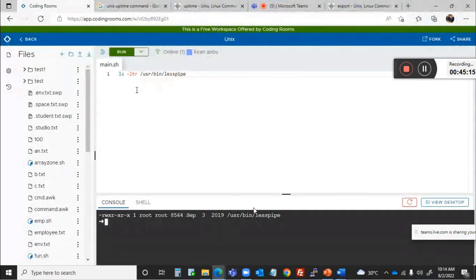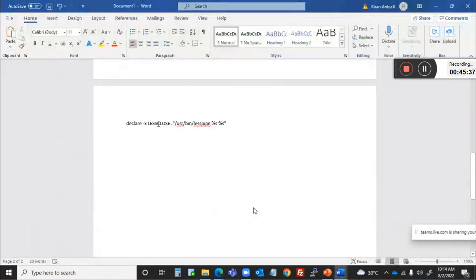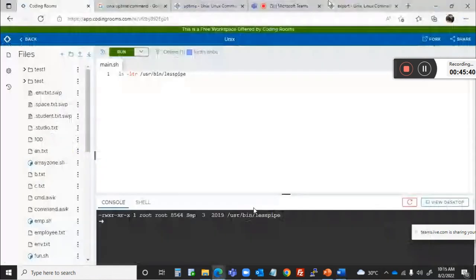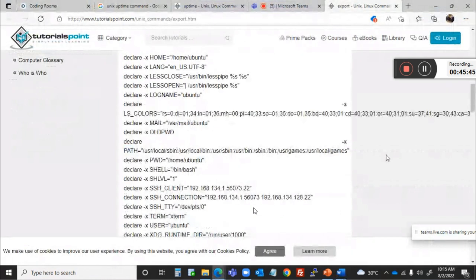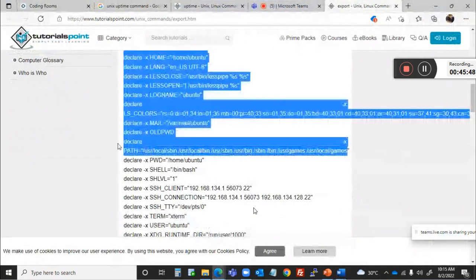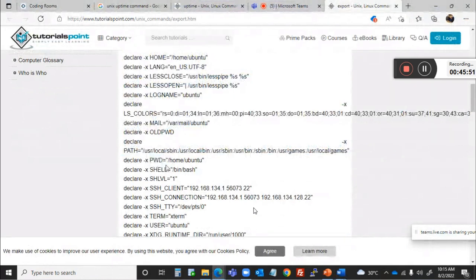You have this path existing, /usr/bin/ls pipe. It is there. They have given it 755 access, and they created this particular file path on September 3rd, 2019. They are assigning this one to the variable ls. That's what it means. So like that you can assign, and this path is actually very important. Mostly in real time you deal with pwd. It will print the current directory, and shell is, sorry,